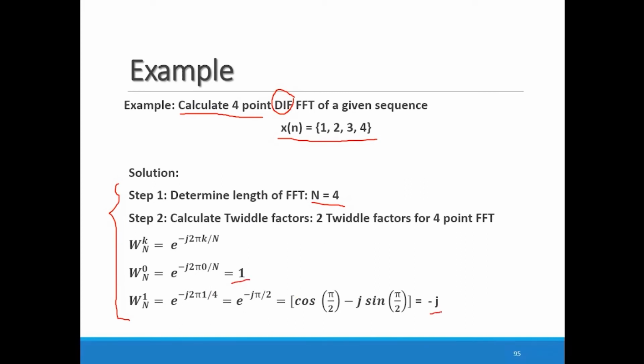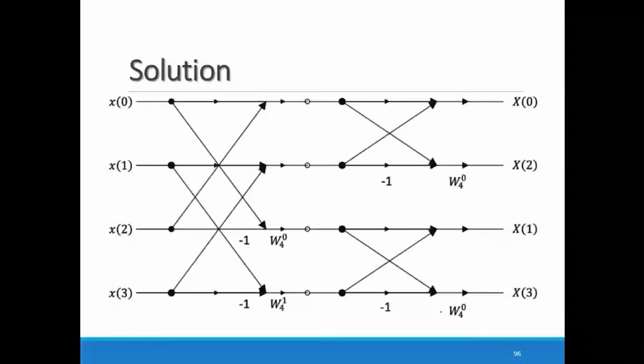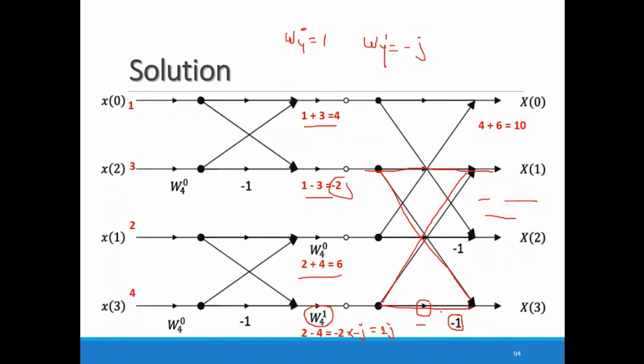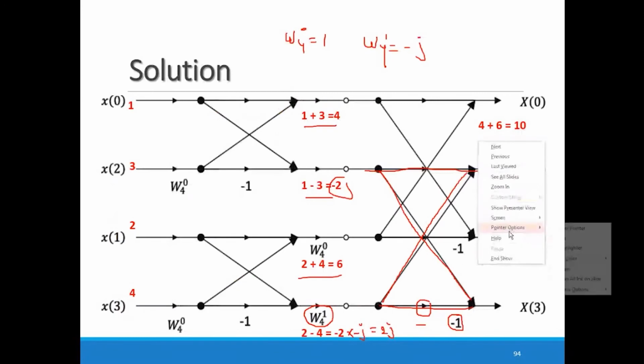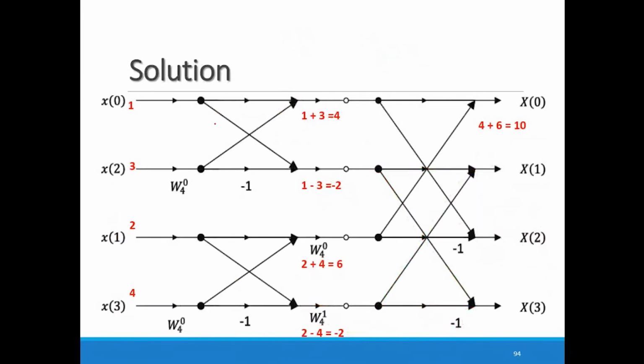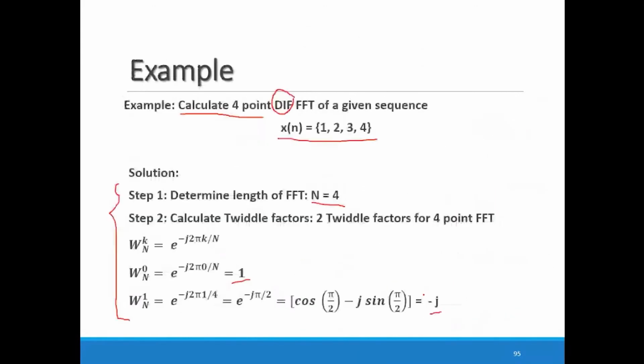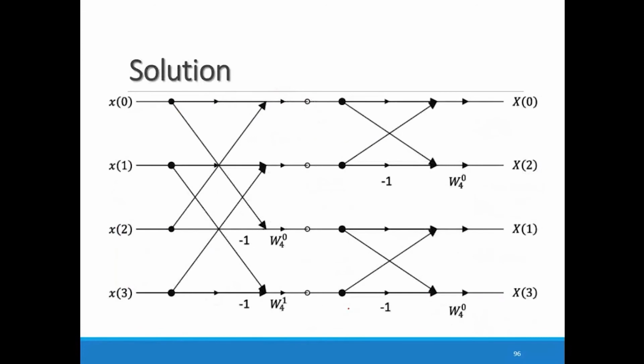Now the only difference is in the structure. This is the structure of DIF. Okay, in the DIF, you can say it is exactly the reverse of that. Now you can see here the diagram. Okay, let me erase the ink. This will be the diagram. Initially we took the 2-point stage and then went to the 4-point stage, but here initially we take the 4-point stage and then go to the 2-point stage.